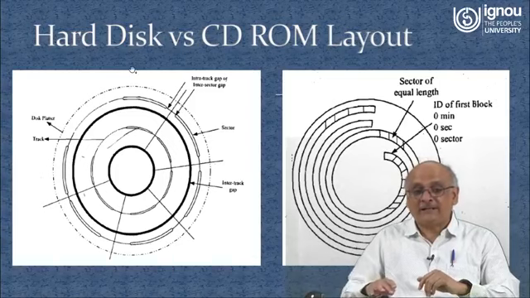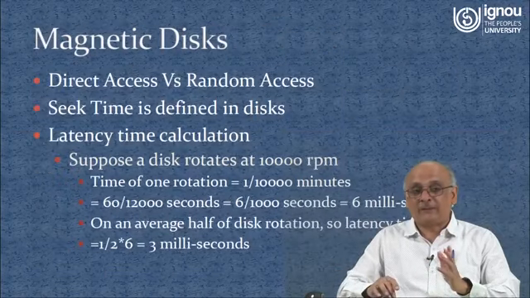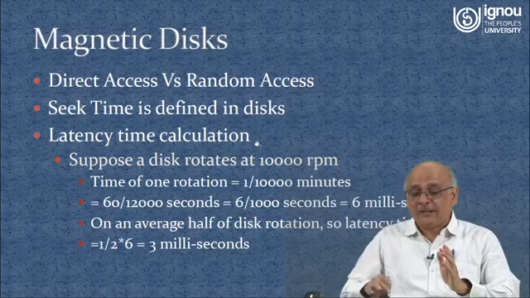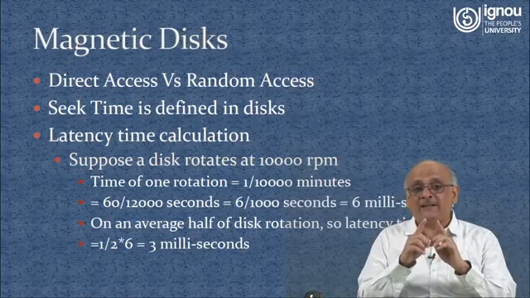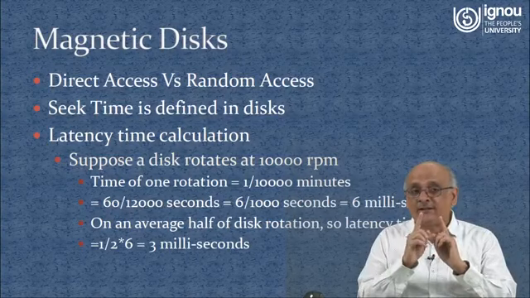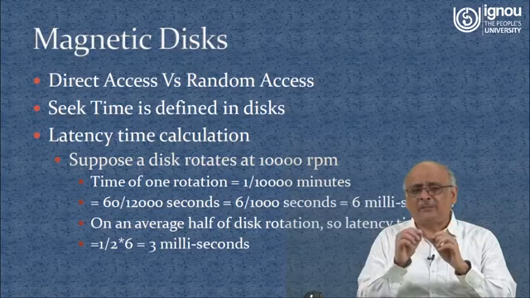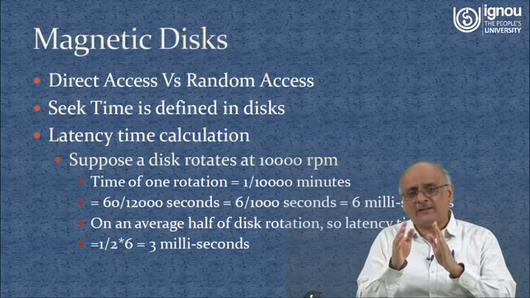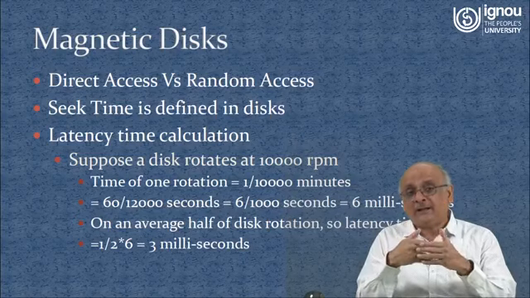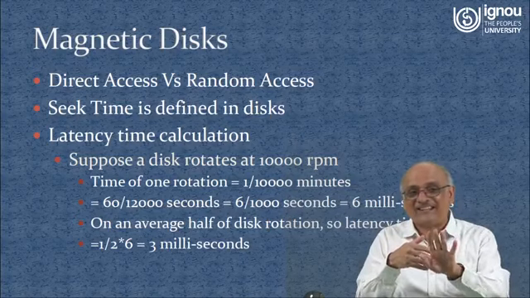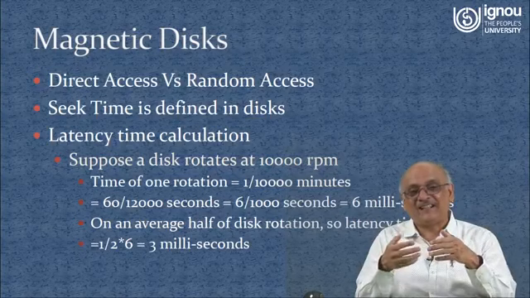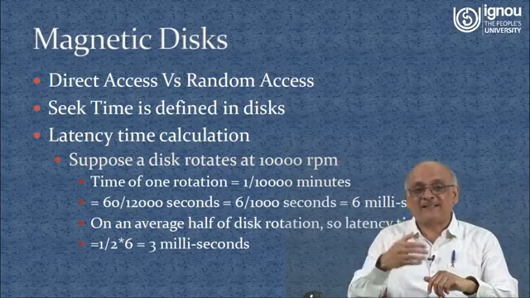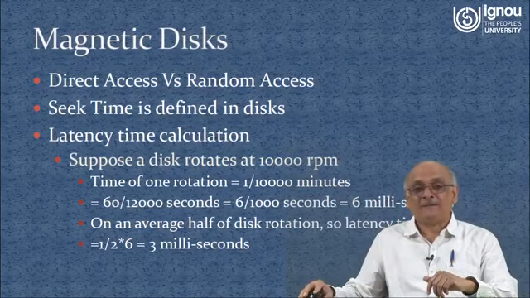So this is what we said about the magnetic disk. You can define more things about it, but the most important things about a magnetic disk are the rotational latency and seek time. There are also sector-wise reading concepts if you see the latest literature, but the basic concept is this only, right? Rotational latency and the seek time. Maybe for different sectors of the disk it may be different.